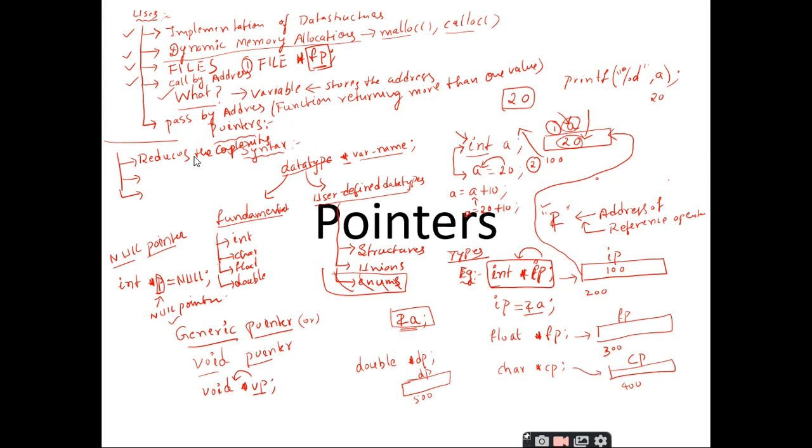Is my statement true? Or does the programming complexity increase by using the pointers concept? Which one is true? First one, sir. That means you are going to reduce the complexity. Yes, sir. Right.